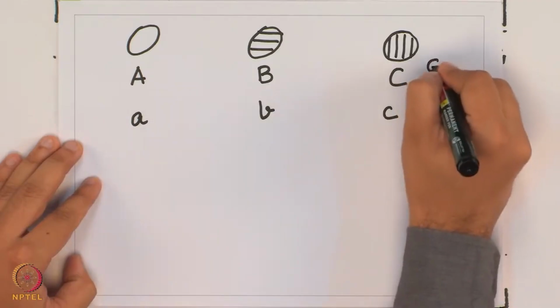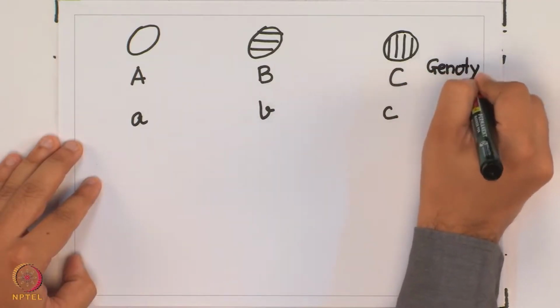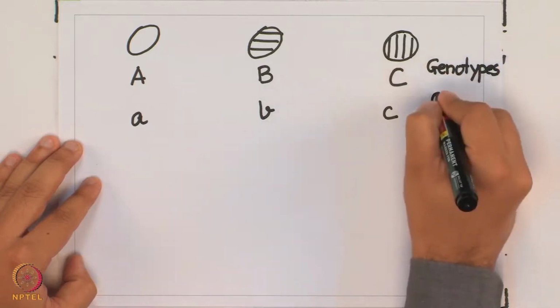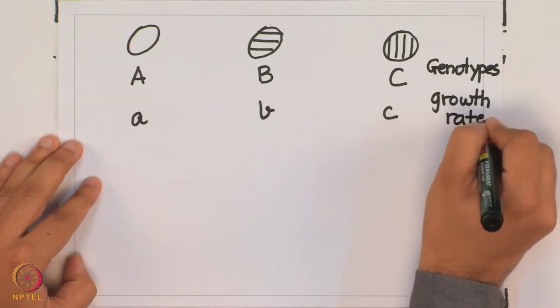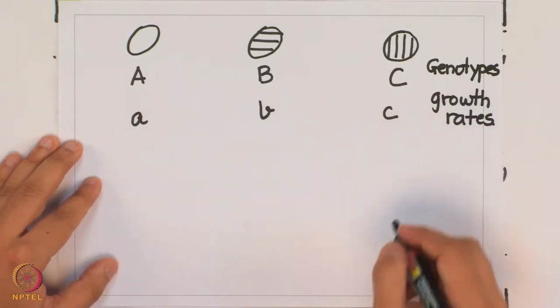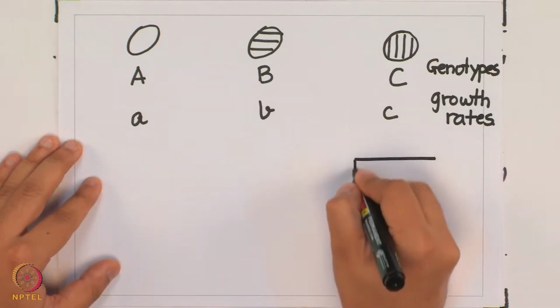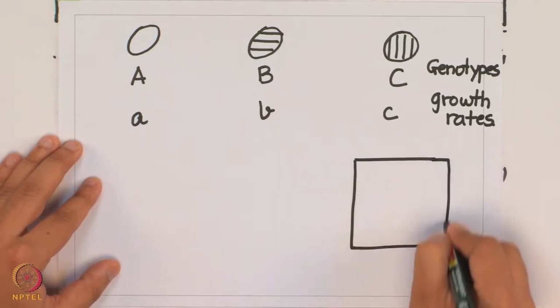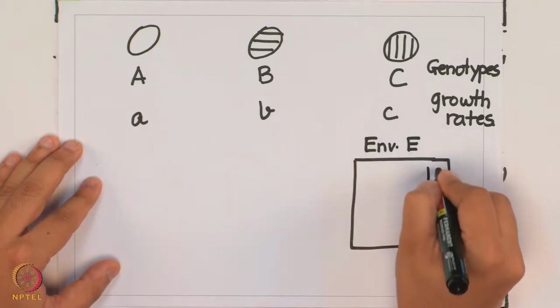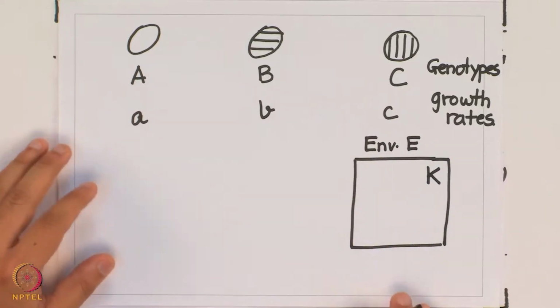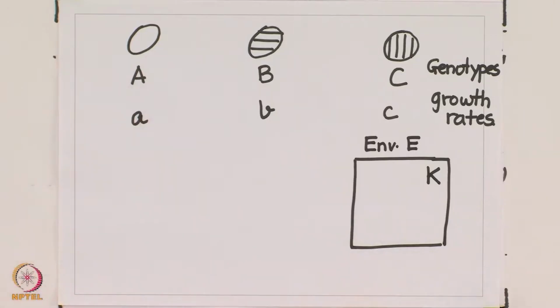So these are genotypes, these are growth rates, and we have the same constraint that this growth is taking place in an environment E with a carrying capacity equal to K. So the individuals belonging to each of these three genotypes, when added up, give me a value equal to K. And again, just as we had done last time, we are not going to be dealing with distinct numbers,